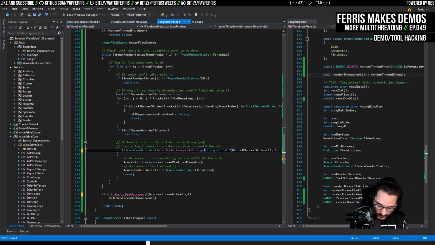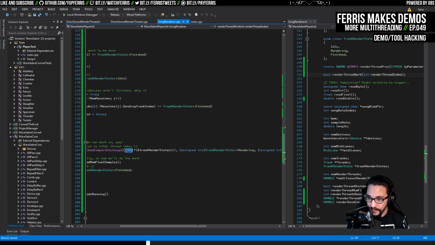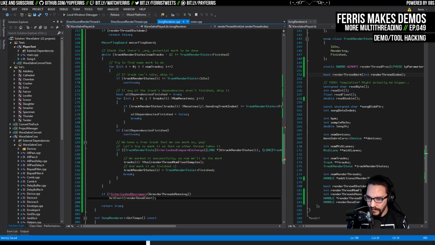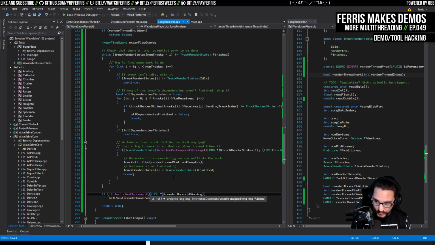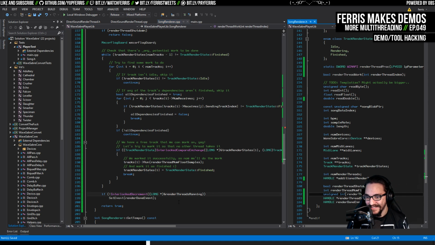Also, I just thought of something for this. Let's actually use longs here. Just to make this symmetric too. We may want to not do casts here and do the proper types for that. In fact, actually, let's go back to unsigned int. I think this will just work now. And then we'll